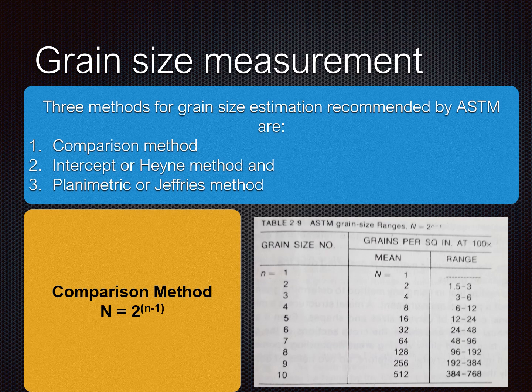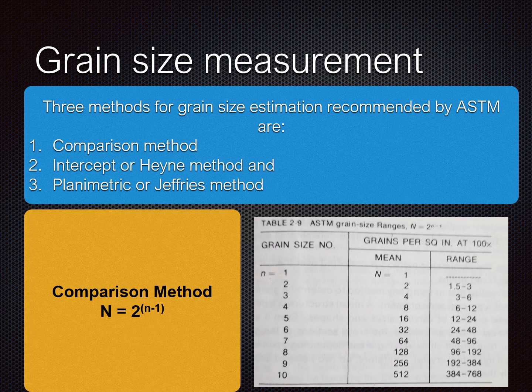Metals showing mixed grain sizes are rated in a similar manner, and it is customary in such a case to report the grain size in terms of two numbers denoting the approximate percentage of each size present. The comparison method is the most convenient and sufficiently accurate for specimens consisting of equiaxed grains.